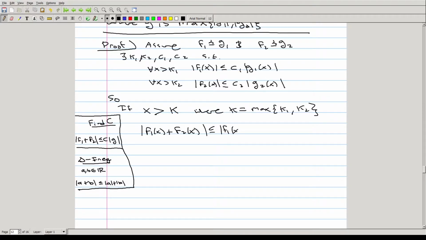absolute value of f1 of x plus absolute value of f2 of x, both of which are bounded by, well, f1 is bounded by c1 times absolute value of g1 of x plus c2 times absolute value of g2 of x. And this entire thing then is less than or equal to c1 plus c2